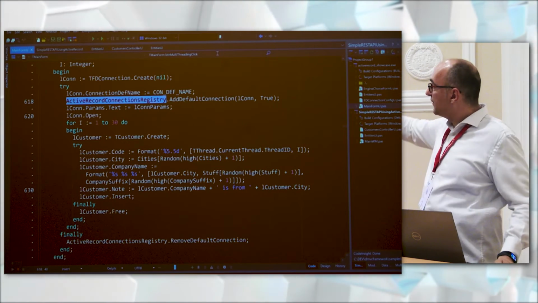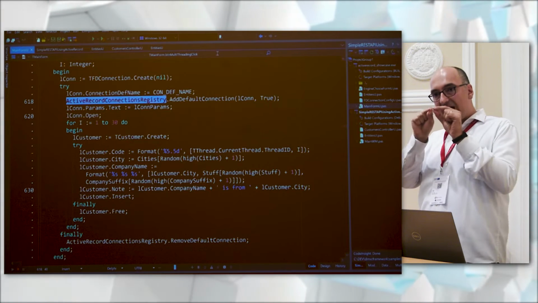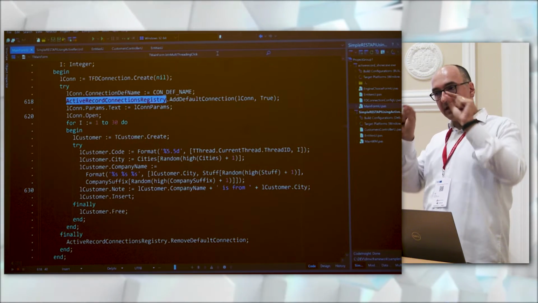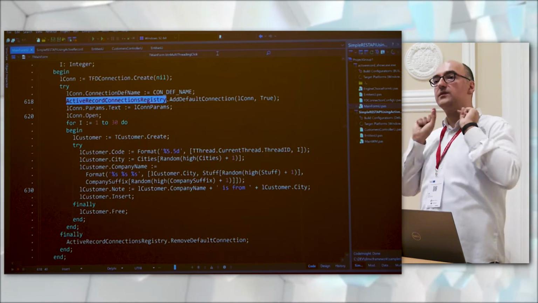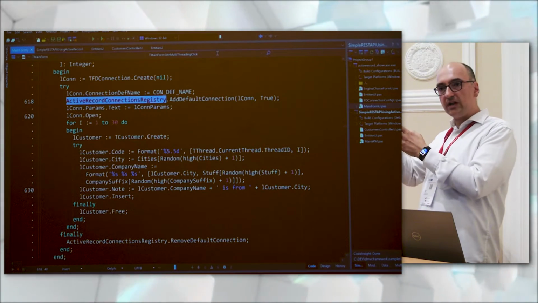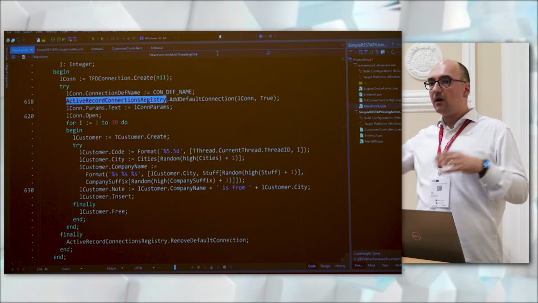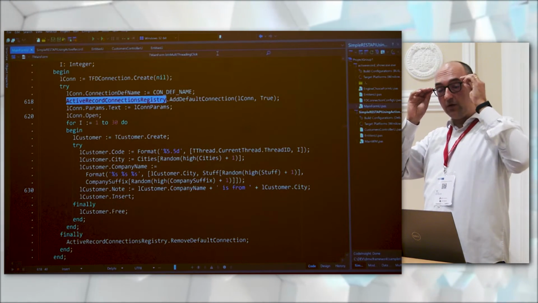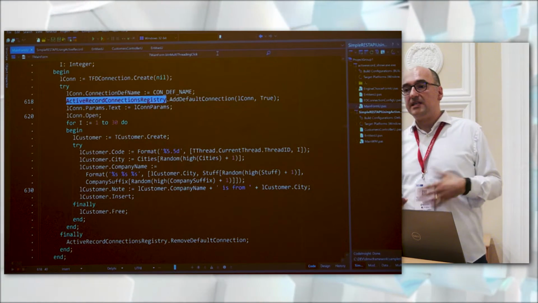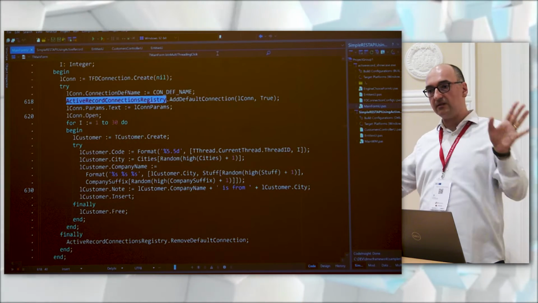When you define a default connection, any object created in the context of that thread will use that connection. If you want to use another one, just switch connection, create the other object, and that works. You can also do a very easy data pump, because you can load an object, switch connection, persist. That's it.